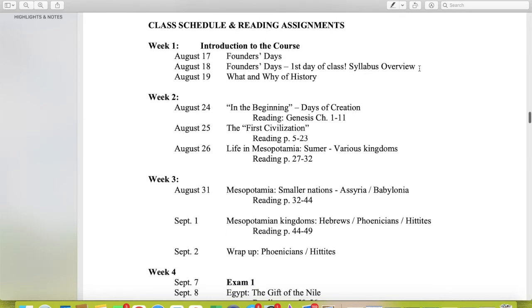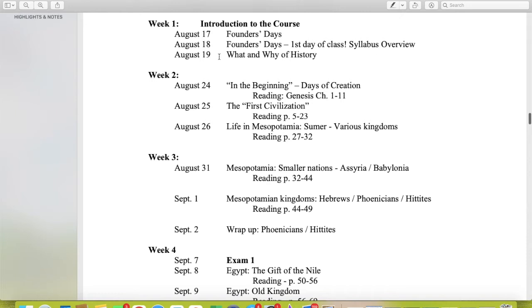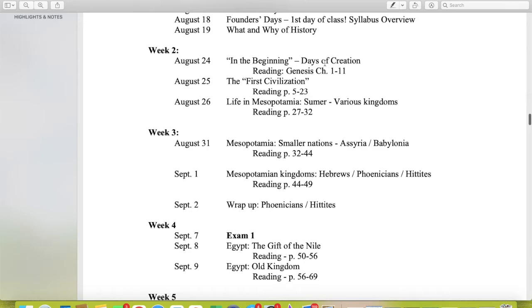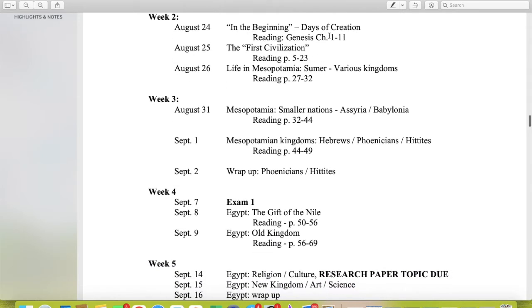Okay, so here's the course calendar for us. August 17th, Founders Day, August 18th, Founders Day, first day of class, syllabus review. So that's kind of like what you're watching right now. And then the first real lecture is the what and why of history. And then we just go down through and you start seeing reading assignments. So in the beginning, which is August 24th,